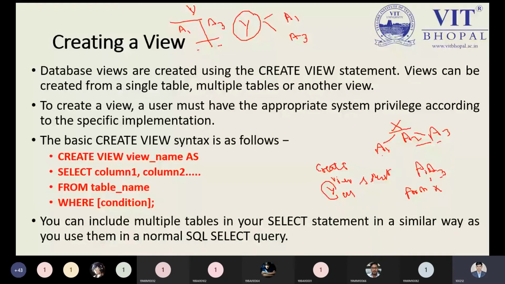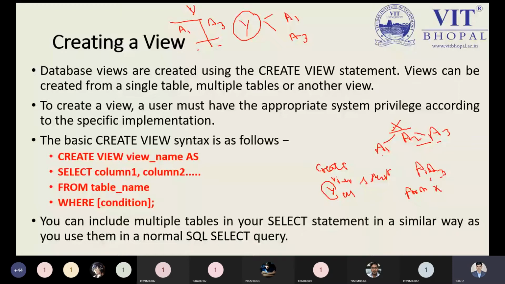Suppose you want to delete X, okay, you can delete the X relation. Or we can say if you want to drop the relation, you can drop the relation X, you can remove it. But when you try to fetch any information from the Y relation, then you are unable to fetch. Why? Because the view which was created from the X relation no longer exists. And what happens at that time? The entire information will be lost in the Y view as well. So there is a little bit of difference you have to keep in mind.